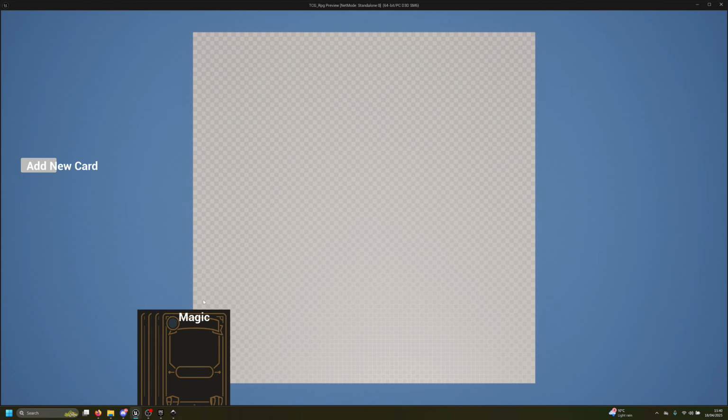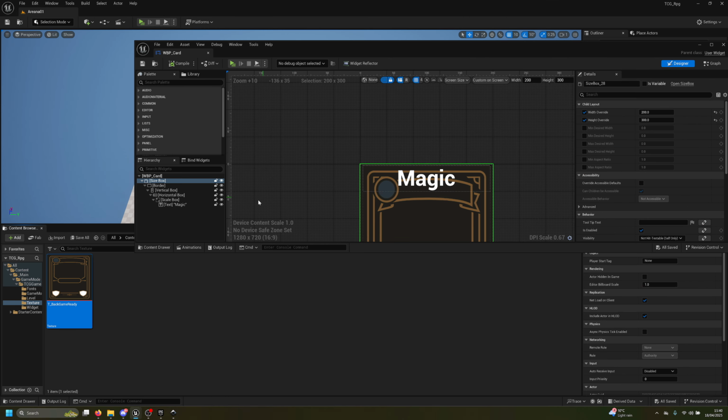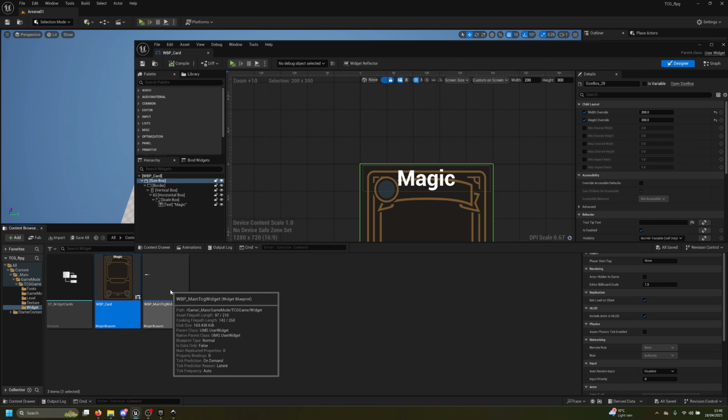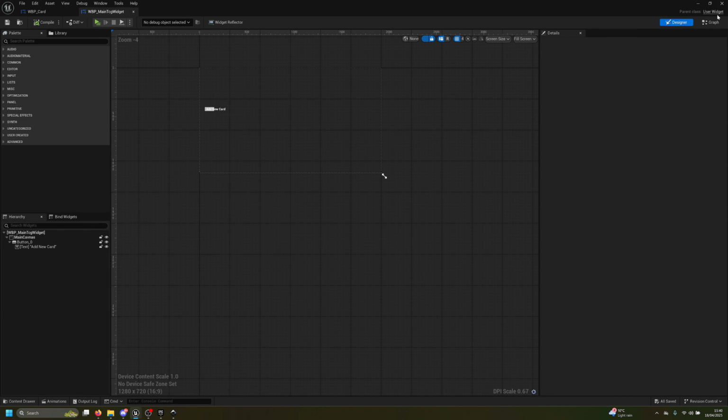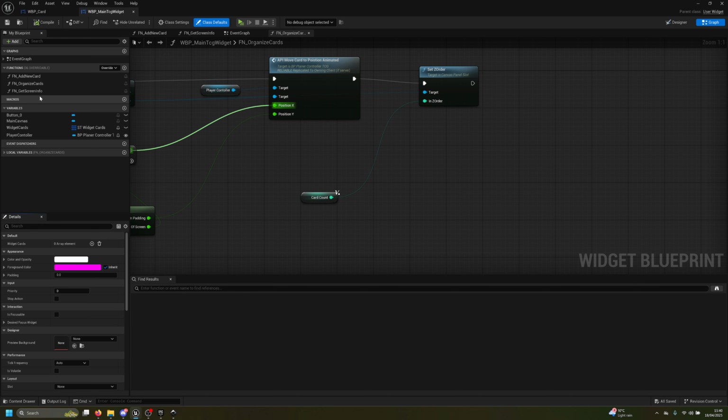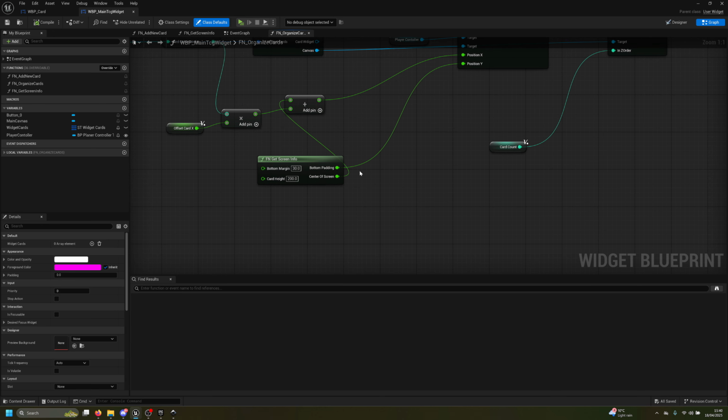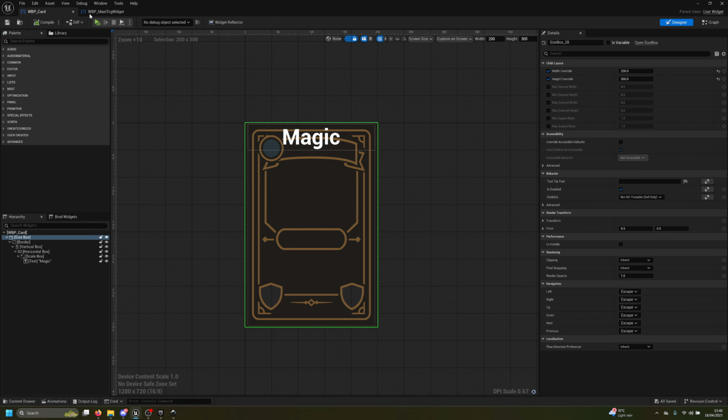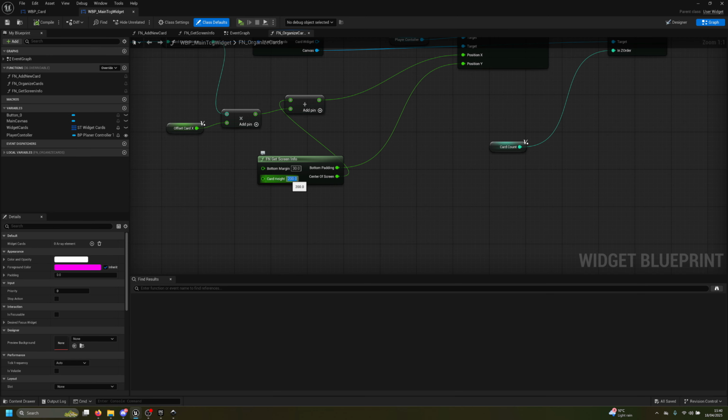Now, there's a couple of things we have to update. First of all, if I go back to my TCG card game, and you go back to your graph, there's a couple of things you have to keep in mind when you plan those changes, which is, first of all, the card height. Our card height now is 300, all right? So we need to take that into consideration. So now if I press play,